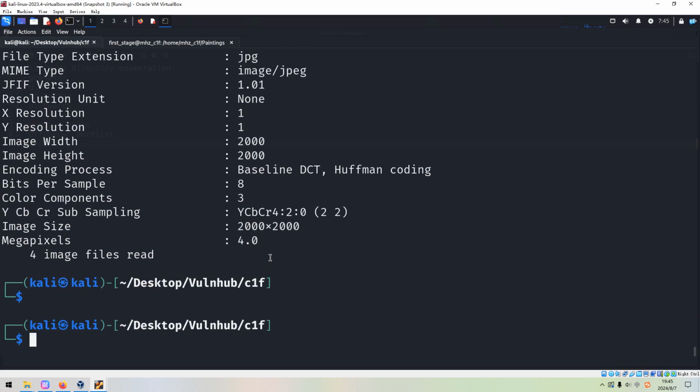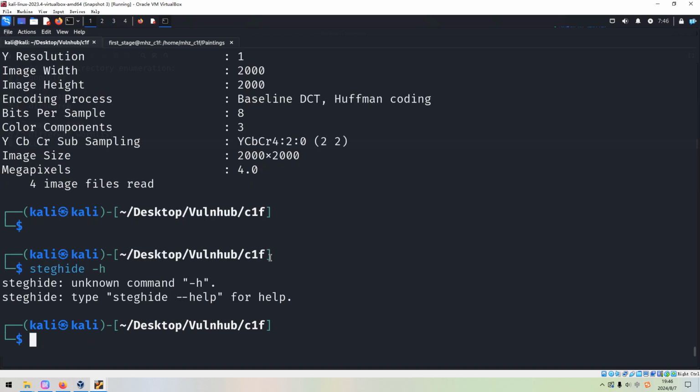The second utility I'd like to use when I try to analyze an image is steghide with option extract. And extract means extract the hidden message. And also, if you want, you can use the -h to get the help.